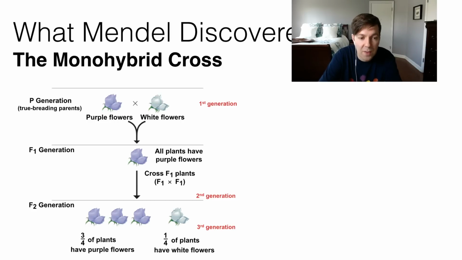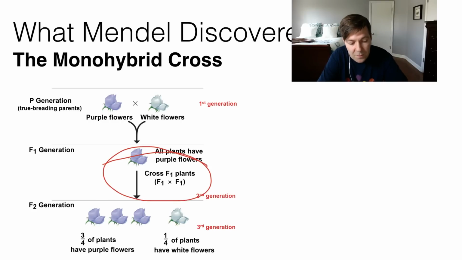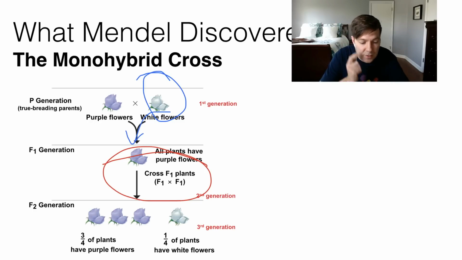Dominant alleles are the things that show up in a hybrid, and recessive alleles are the things that hide in a hybrid. So when he talks about the monohybrid cross, what we're really talking about is this cross here. These are hybrids, those F1s. They're purple, but we know they must have some white factor hiding in them because they got something from that parent. Okay, so the monohybrid cross,